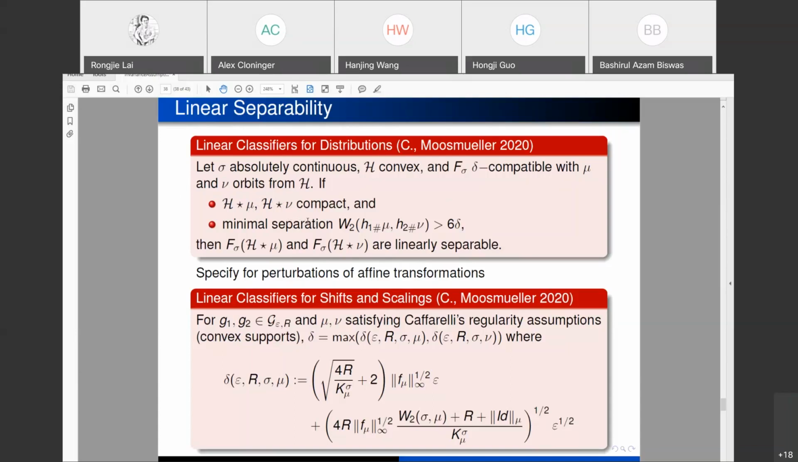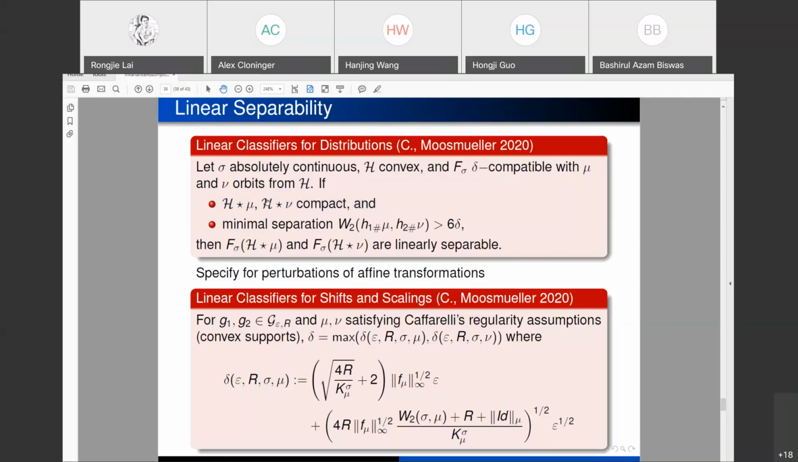And it's actually pretty easy to show, we're going to make an assumption. That assumption is the minimal separation between these things is 6 delta. Basically, there's no way I can shift mu and get nu. There's no way I can rescale mu and get nu. They have to be disjoint and also a little bit apart. Okay, if they weren't, this isn't a well-posed problem. If that's the case,